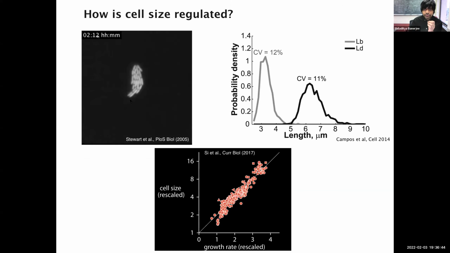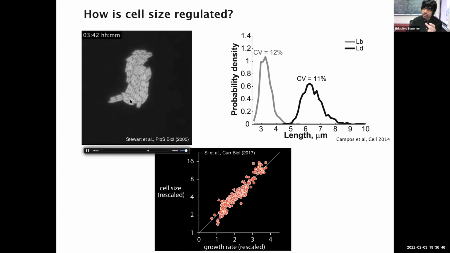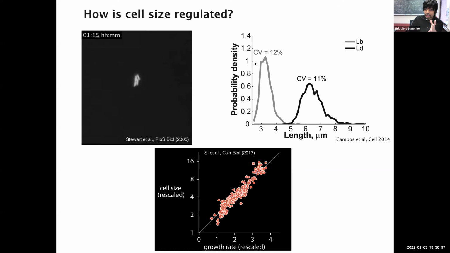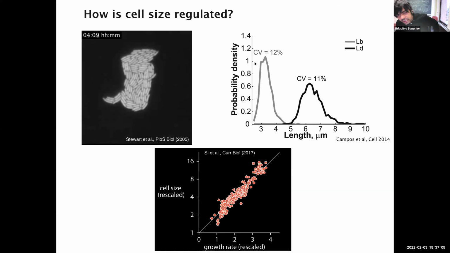So there is not a lot of variability in size. So the fluctuation is about 10%, right? So that's pretty interesting. So how do we get such a tight control of size when there is a lot of stochasticity and noise in the system? So noise is very inherent in biological systems, right? So that's something we'll try to touch on.